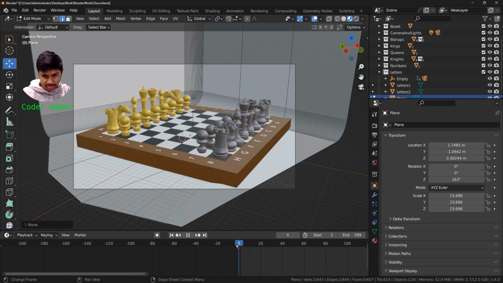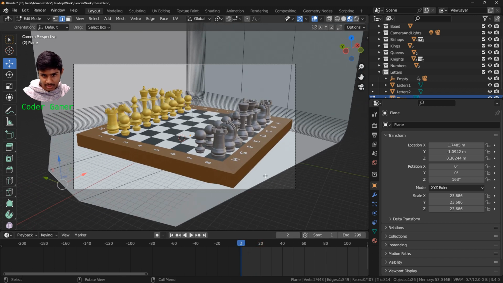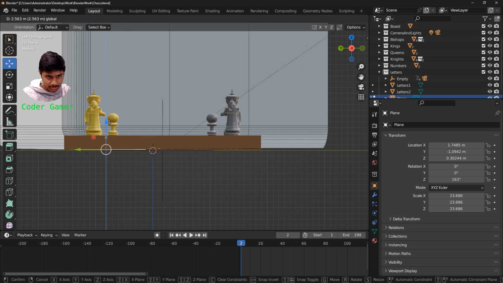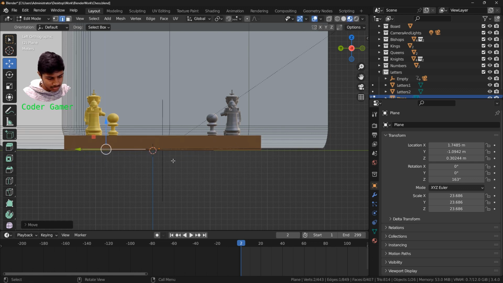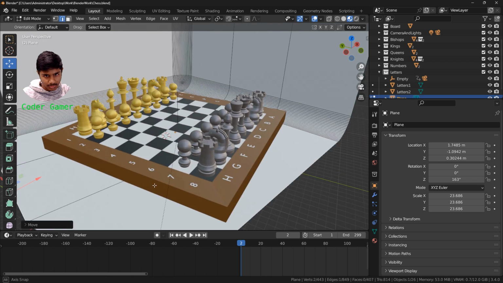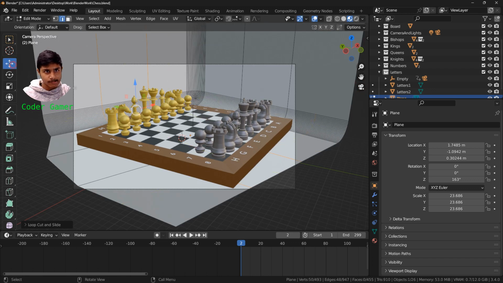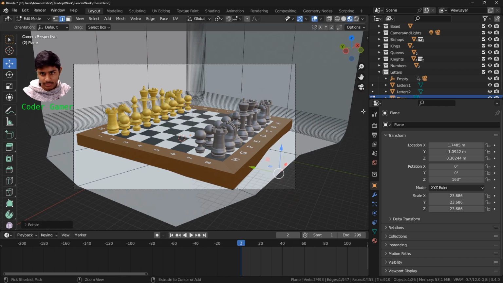And then because that's going to stay in the same place, I don't have to worry about it looking any different. So let me quickly just move this up. And then I also want to make 2 cuts this way. So now I can select this one and move, not rotate,